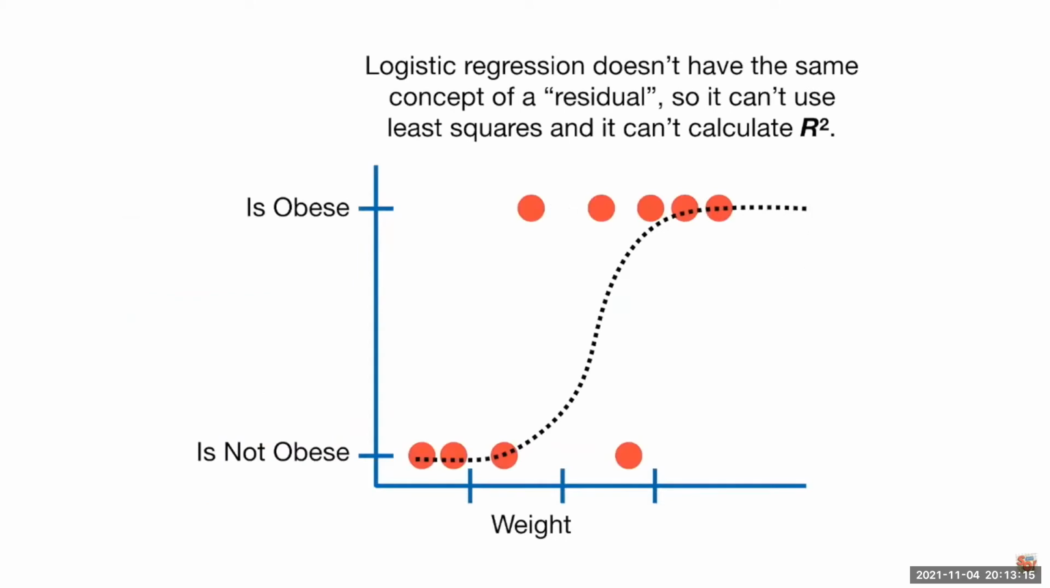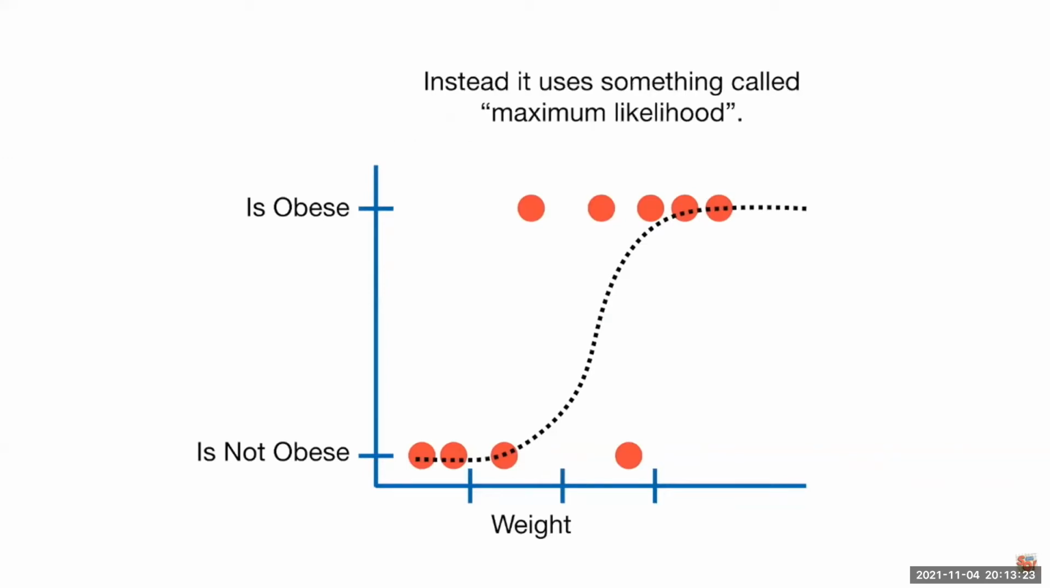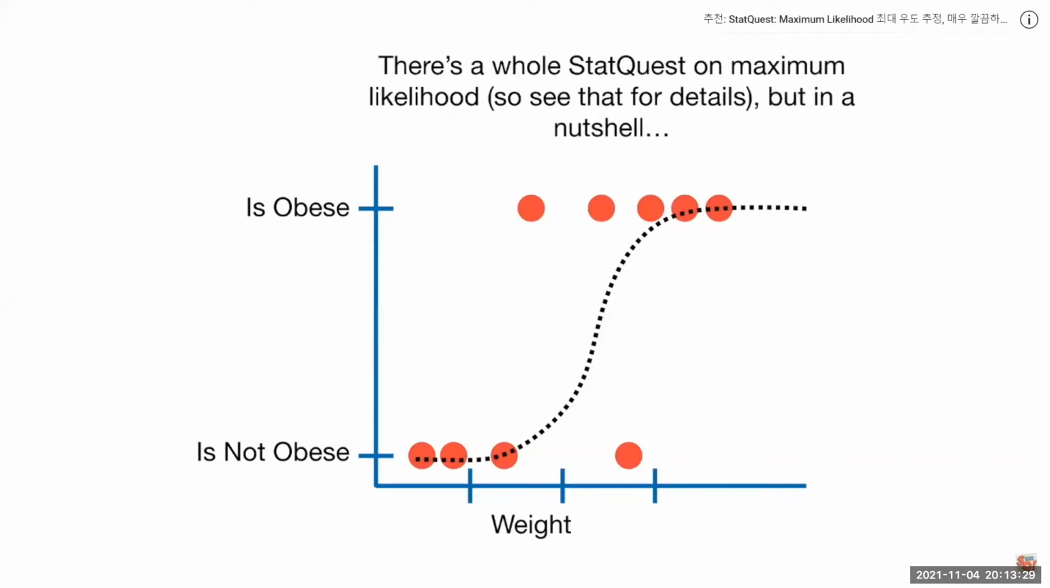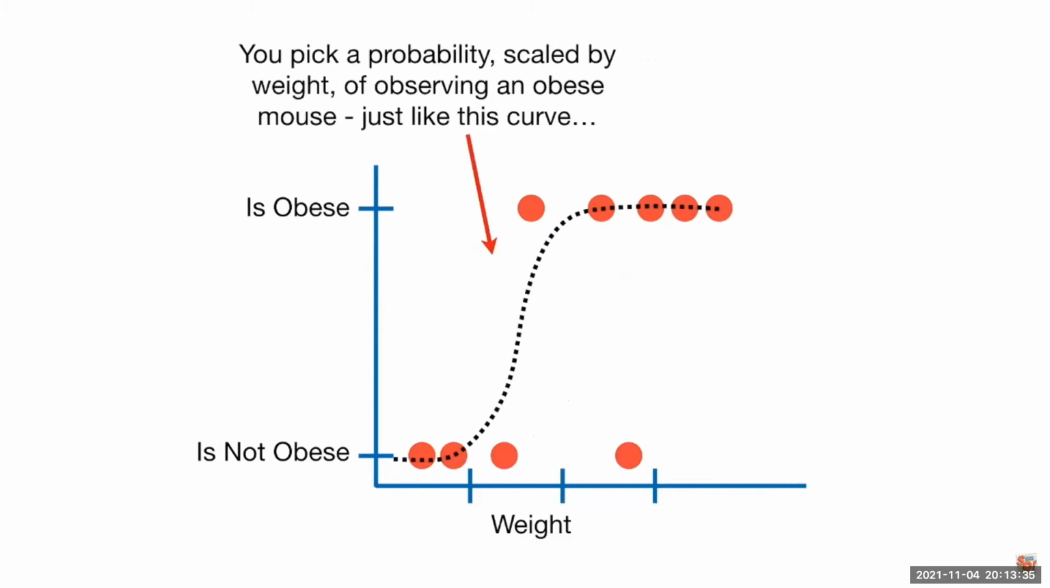Logistic regression doesn't have the same concept of a residual, so it can't use least squares and it can't calculate R squared. Instead, it uses something called maximum likelihood. There's a whole StatQuest on maximum likelihood, so see that for details, but in a nutshell, you pick a probability